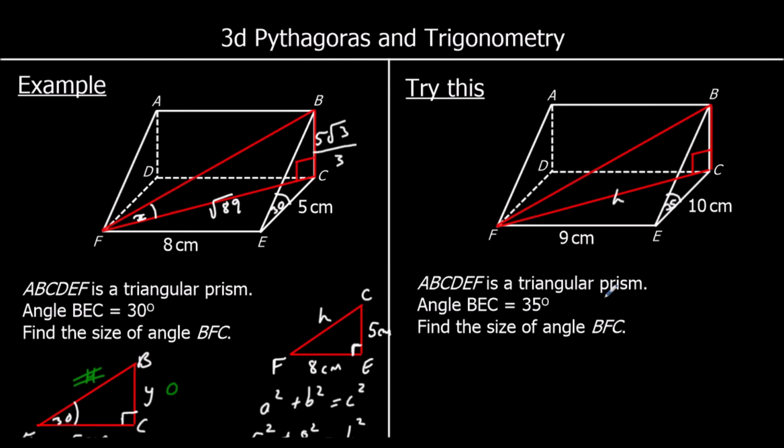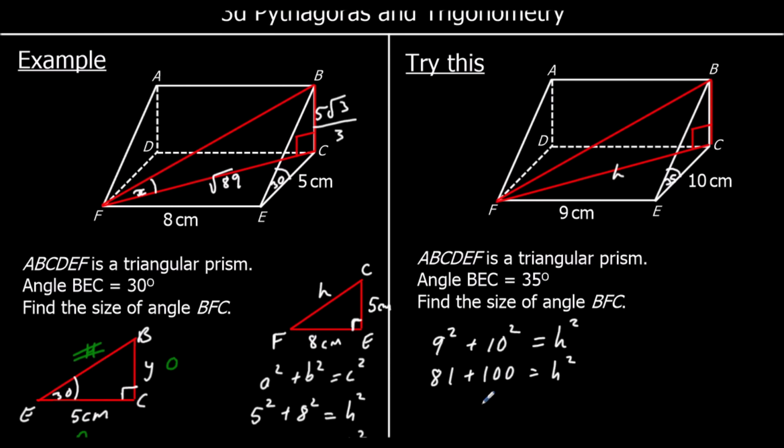FC. So using Pythagoras, a squared plus b squared equals c squared. So 9 squared plus 10 squared equals h squared. 9 squared is 81. 10 squared is 100. So h squared is 181. So h is the square root of 181. So that's F to C. Then we can use SOHCAHTOA to find